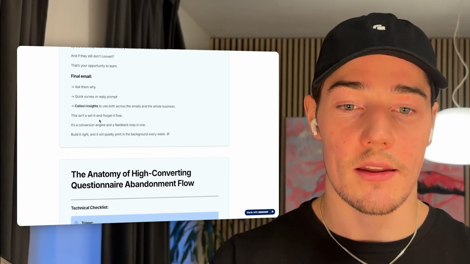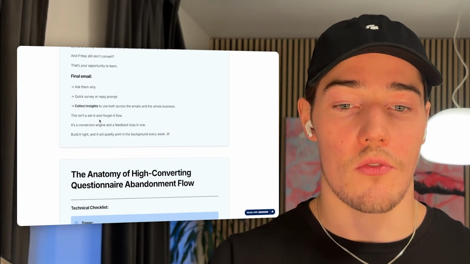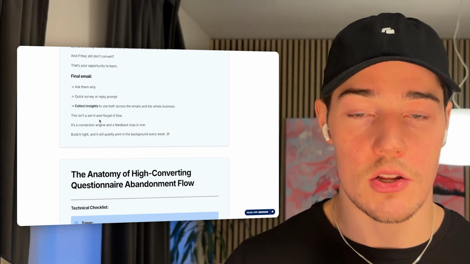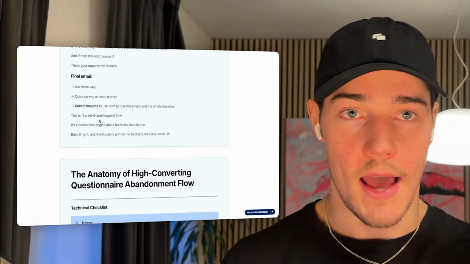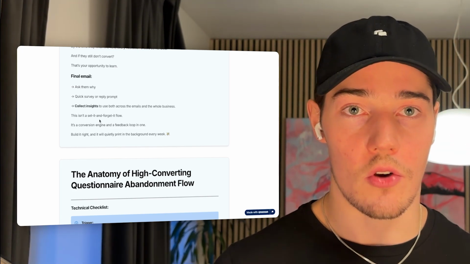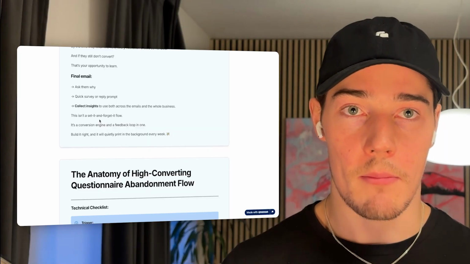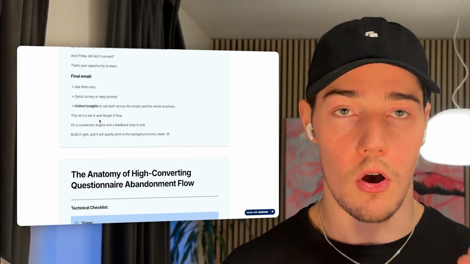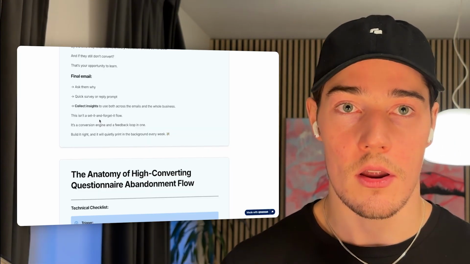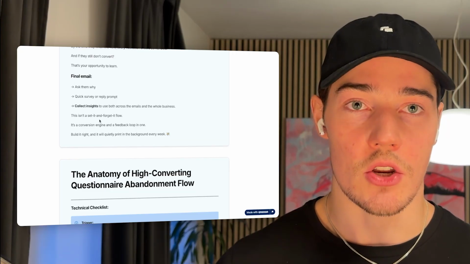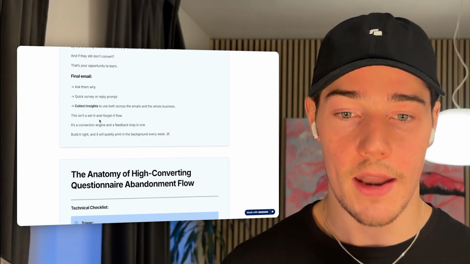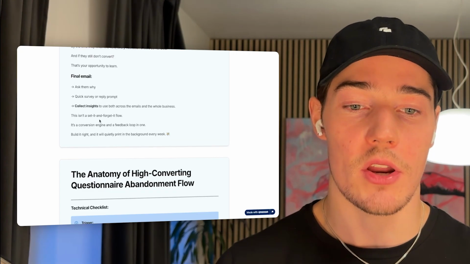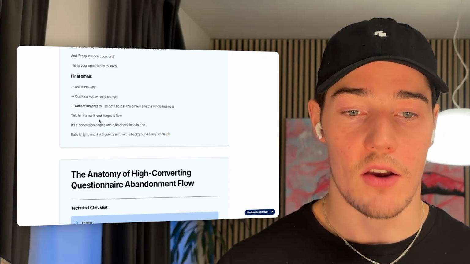This isn't a set it and forget it flow. It's actually a conversion engine and a feedback loop in one. So like I said, remind, then handle each objection, then if they still don't convert, get insights and feedback from them, and then optimize the whole flow and the whole funnel before that. These objections would not be the reason for not converting anymore in the future. And build it right, and it will quietly be printing you revenue and sales in the background every single week